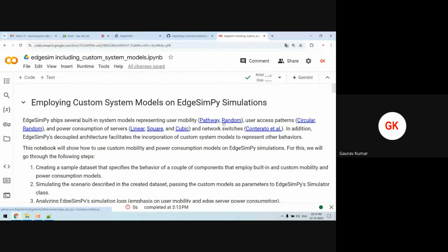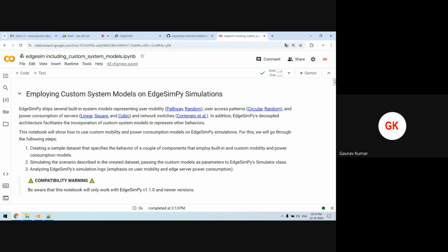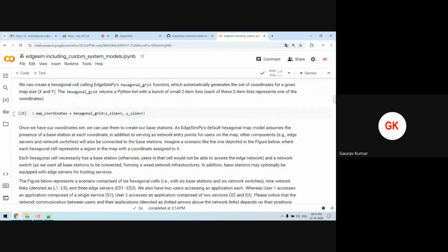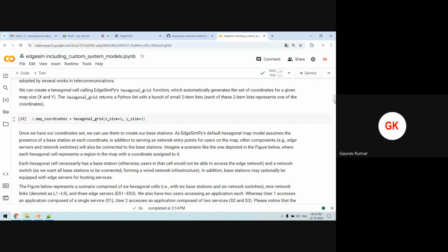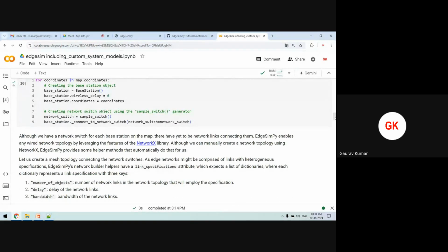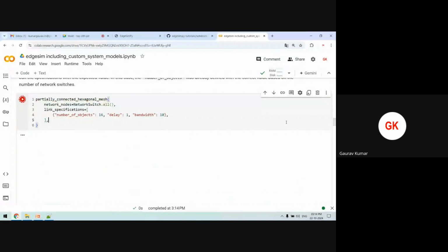So pathway or random model, and user access pattern, whether users are accessing that particular service in circular format or in random format. So after creating this,